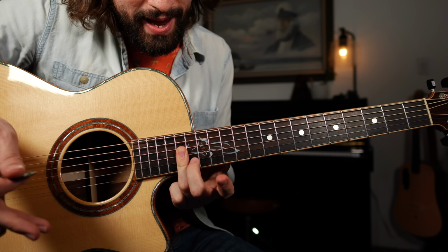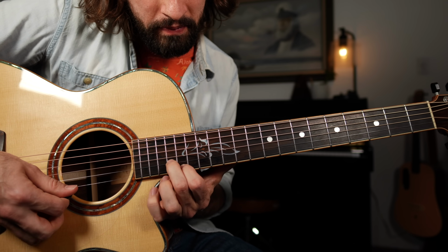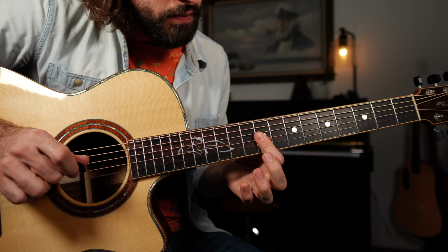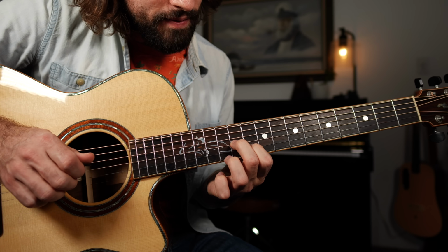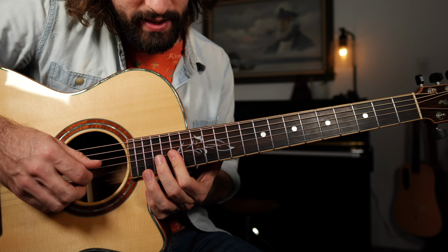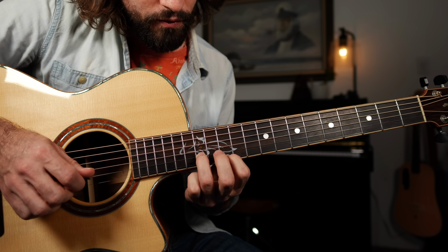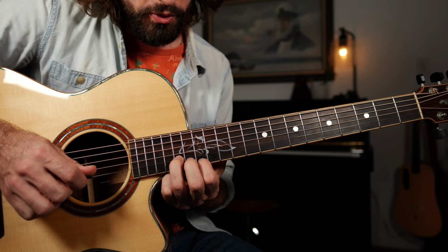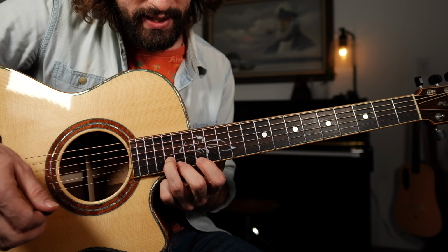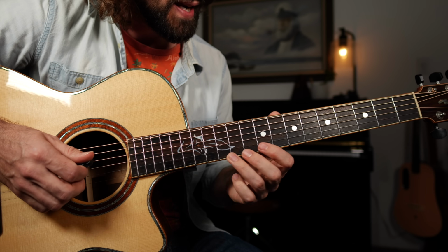Alright, it's all the same, but then we start running out of space, so perhaps we start playing here on the B string and the high E string. So octave number 2, 9 and 9, 11 and 10, up a full step, 14, 14, 16, 16, switching strings, 14, 12, up a full step, and finally, frets 17 and 16 for another octave. Put all that together and we have